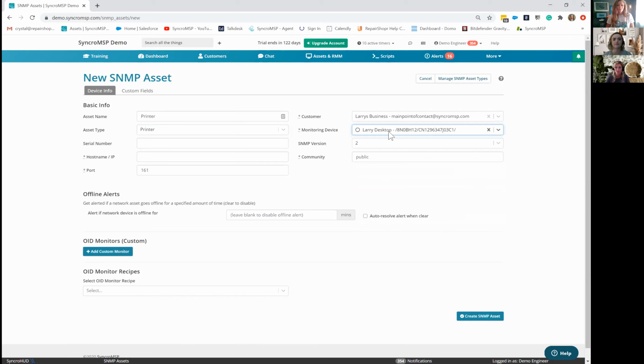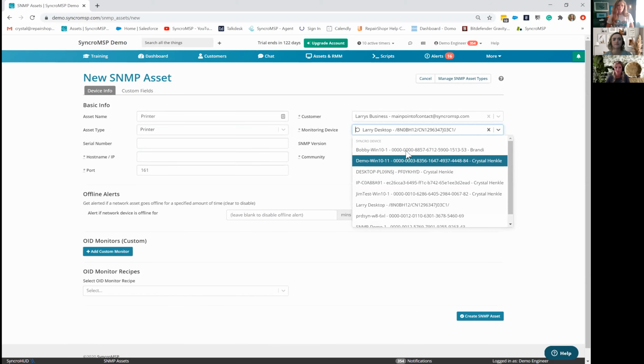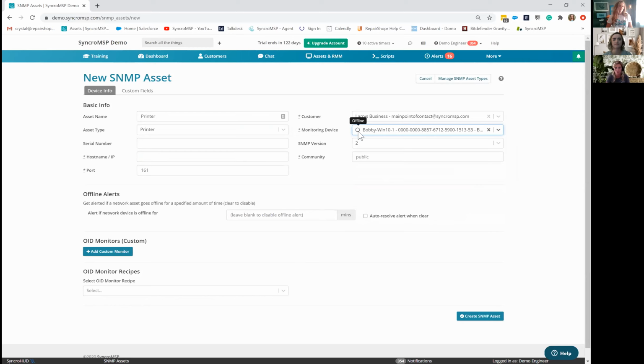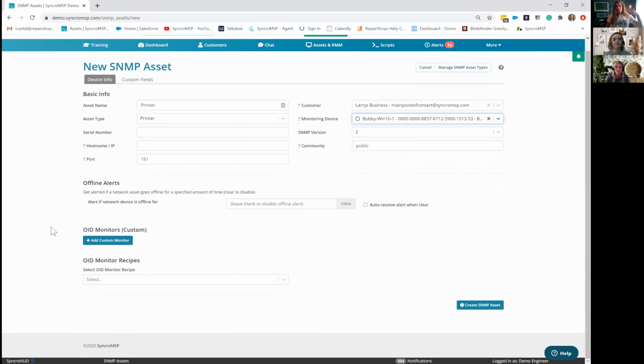I'm just going to select one so you get the point. That's obviously not the one. Anyways, it'll show if it's online or offline. The one that I just selected is offline. And then, in addition to that, you can say, if you want to set up offline alerts, if that printer goes offline off the network, you can have it auto resolve, very similar to online offline alerts in